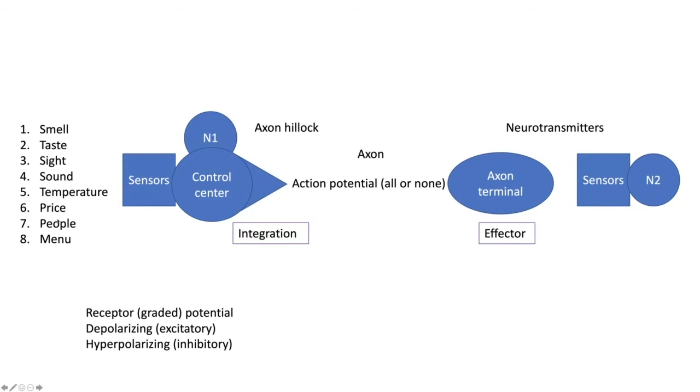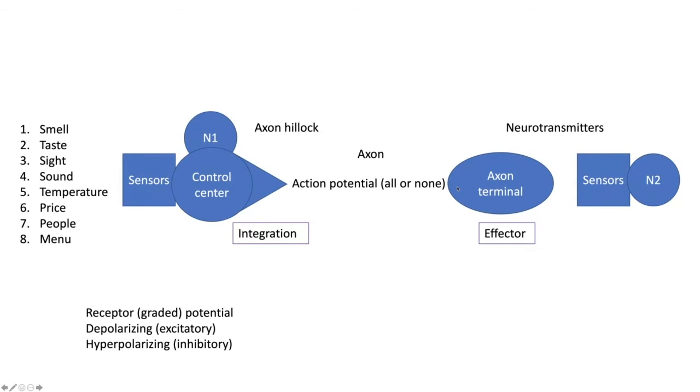And if the stimulating factors are above the inhibitory factors, an action potential will occur. If there are more inhibitory than excitatory factors, then an action potential will not take place. It's a yes or no, all or none response. That I'm sure you studied in the past. That is what characterizes the action potential.